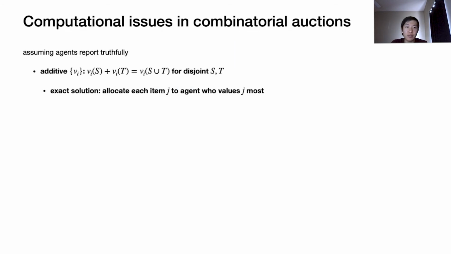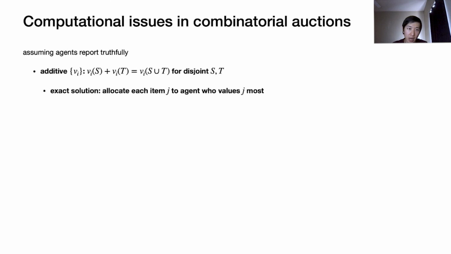The other aspect of the problem is computational issues. So here, assuming agents report truthfully, here's what we know. For additive valuations, which means vi of s plus vi of t is equal to vi of s union t whenever s and t are disjoint, the exact optimal solution is to allocate each item j to the agent who values j most,